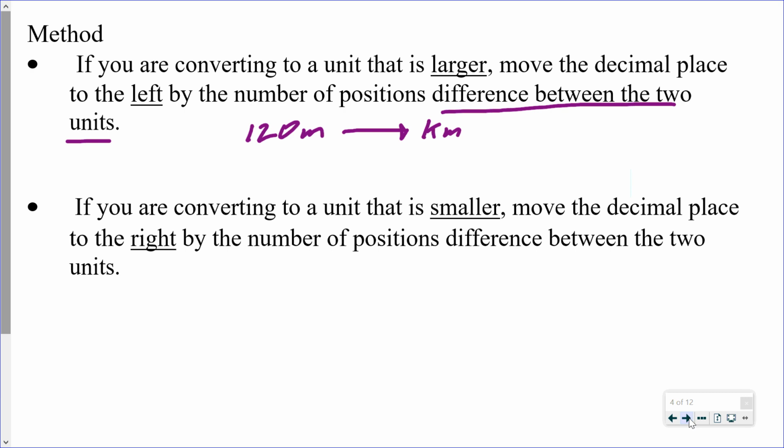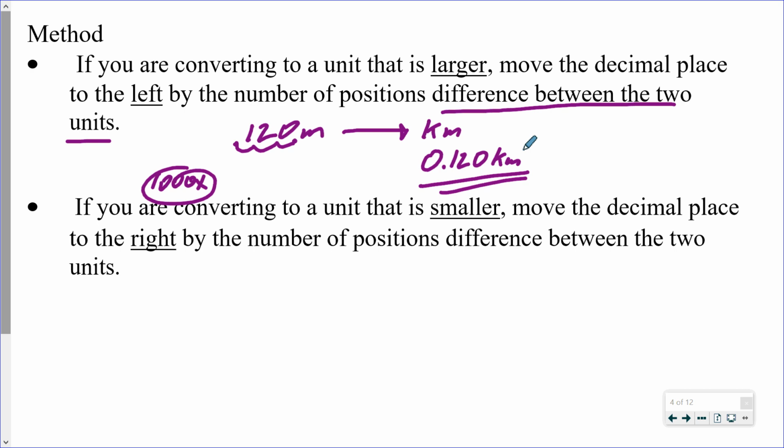So if we're going from something that is small to something that is larger, we're going to have fewer of that larger unit, and that's why we're moving the decimal to the left. So right now the decimal is right here. That conversion table told us that we have a 1,000 times difference between meters and kilometers. Kilometers are the larger unit, so we're going to move the decimal over 1, 2, 3 positions, and then we would end up with 0.120